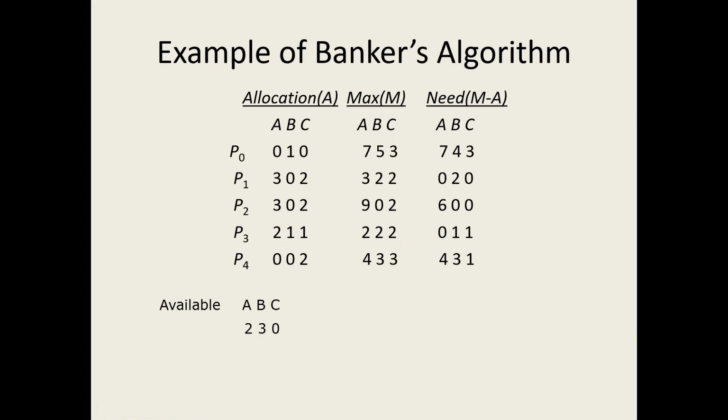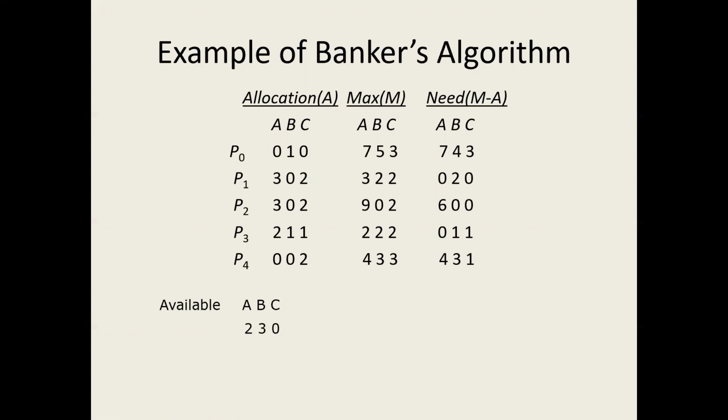Right. So out of this, we should find what are the processes that we can satisfy. Right. So we can start from the beginning, that is for P0. P0 needs additionally 7, 4, 3. Right. Available resources are 2, 3, and 0 from ABC. So we can't allocate. Right. For P1, it requires 0 to 0. Right. So P1 can be satisfied. That means we can allocate resources from the available matrix for P1.